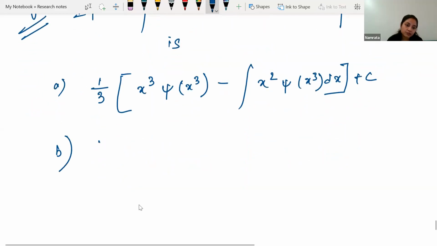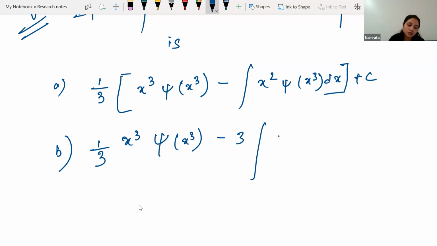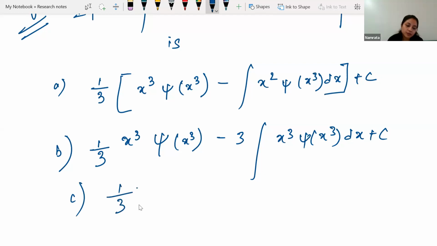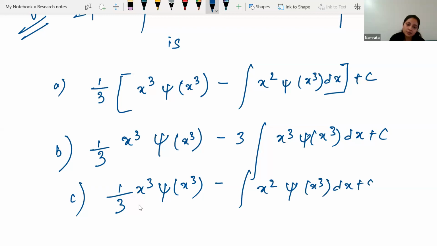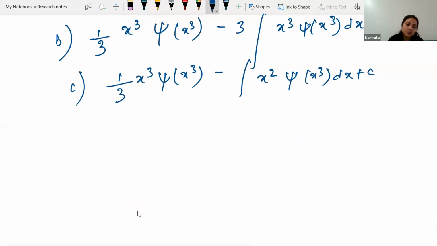Option B, 1 by 3 x cube psi x cube minus 3 integration of x cube psi x cube dx plus c. Option C, 1 by 3 x cube psi x cube minus integration of x square psi x cube dx plus c. And the last option is